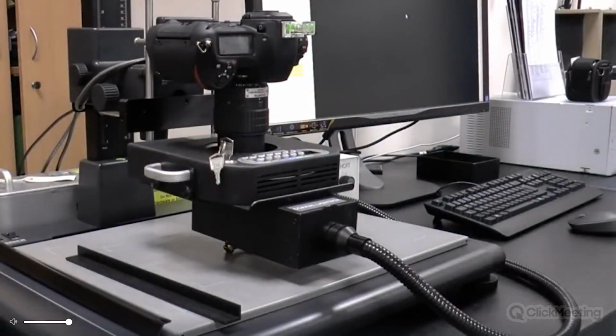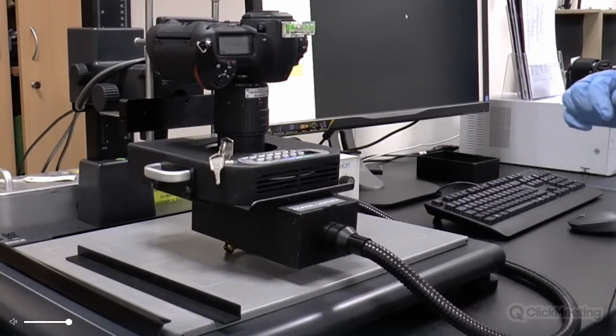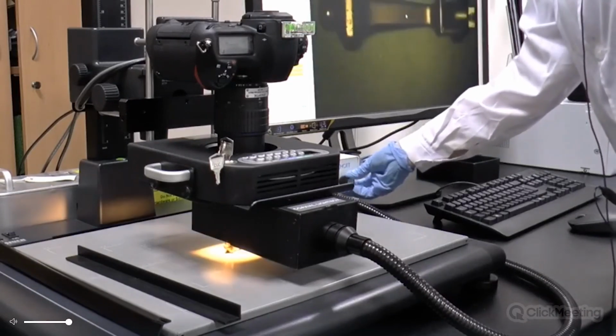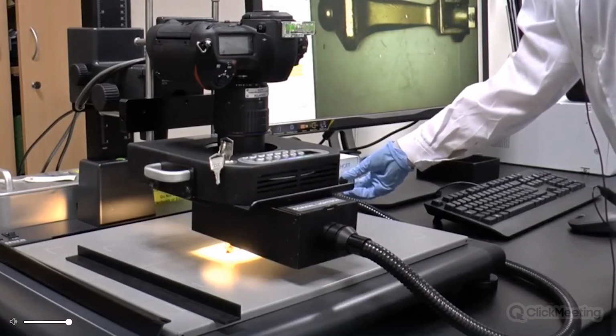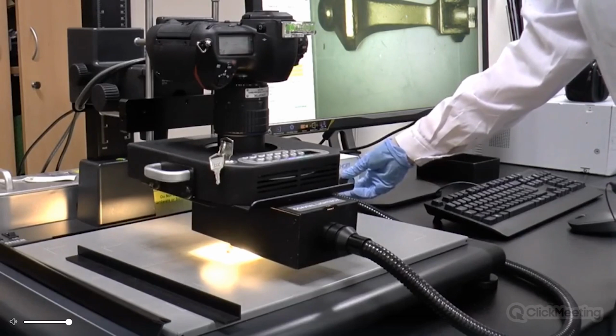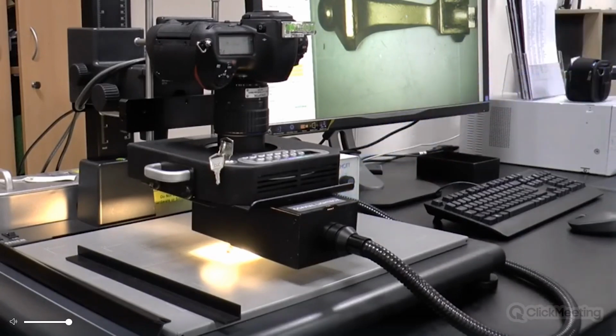So our next sample is a small brass type hinge, and this time what we're going to do is use coaxial illumination. We use this on the DCS 5 for when you have shiny or reflective surfaces, so items like metal items. We can use coaxial illumination to actually remove the reflections and the glare and allow us to visualise the